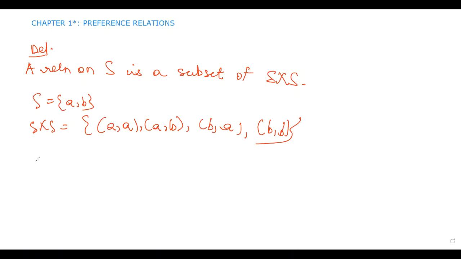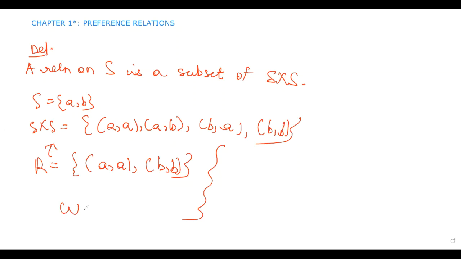So let's define a relation R as {(A, A), (B, B)}. This is a relation R. This is a subset of the Cartesian product, which you can clearly see. This is one way in which we look at relations. This is way one, which is the traditional mathematical way in which we do relations and functions as well later on. The second way,